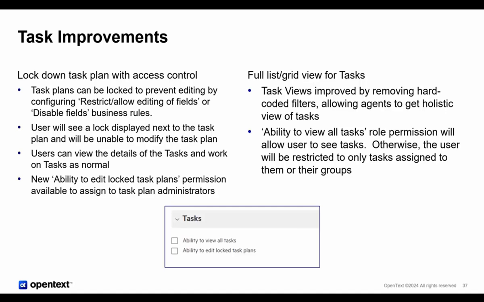So the task plan itself can't be modified, so you can't change the flow. However, the tasks themselves are, of course, still accessible. You can view the details of the tasks. You can work the tasks as normal, either through the parent record or through the task dashboard. Either way, the tasks themselves remain accessible. This is really control at the task plan level. You could use existing capabilities to control who can modify the task, of course, but this allows you to control whether the plan itself